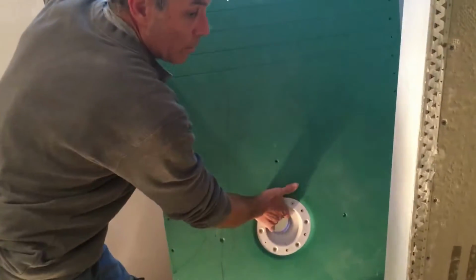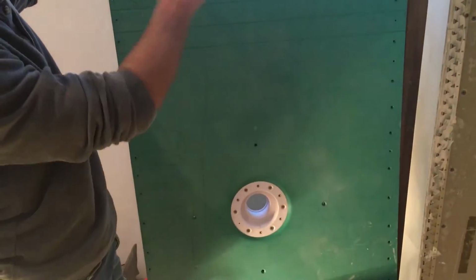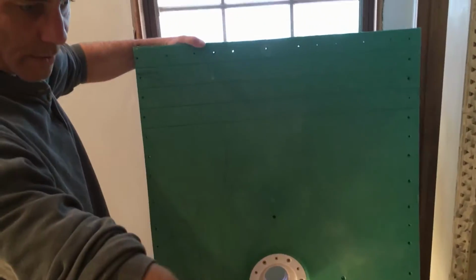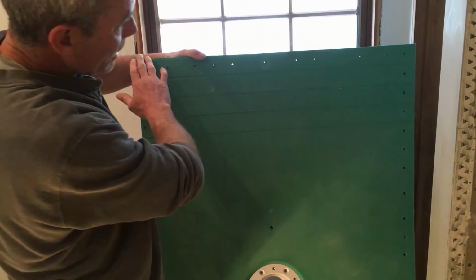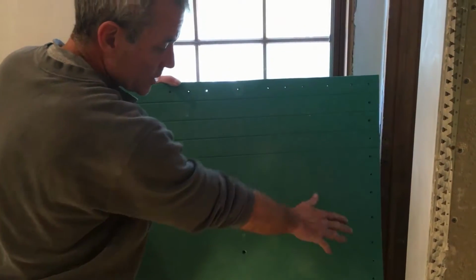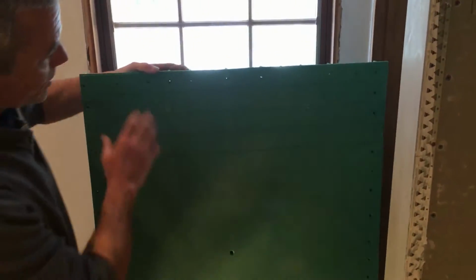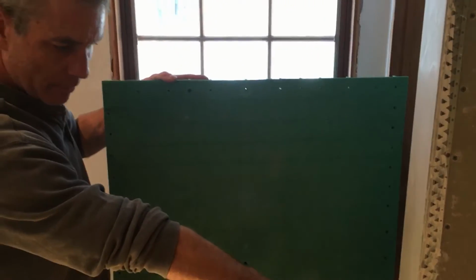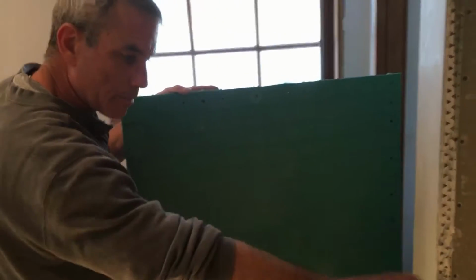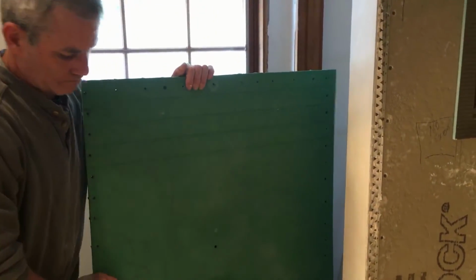So, the drain itself not being in the center, I cut this pan to suit what I wanted this to be in the opening. By doing that, I eliminated any of the pre-drilled holes that the pan already had in it. So what I did was, I cut the pan to fit the opening with the spacing on the back and both sides. After I cut the pan,